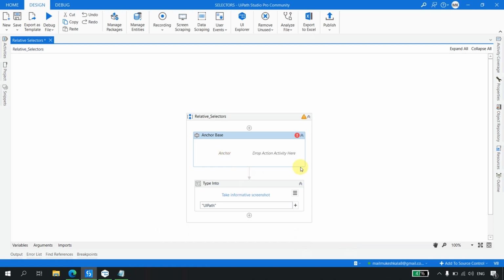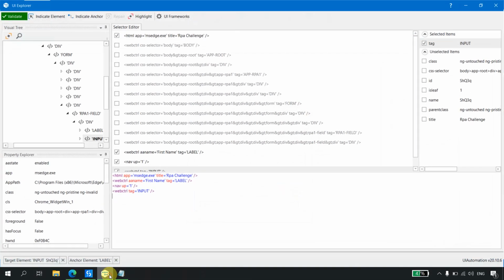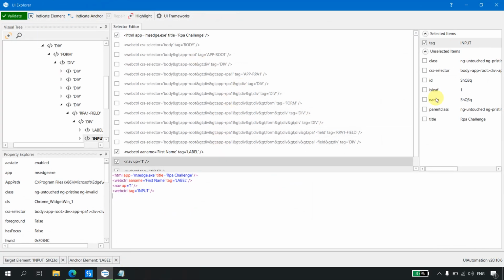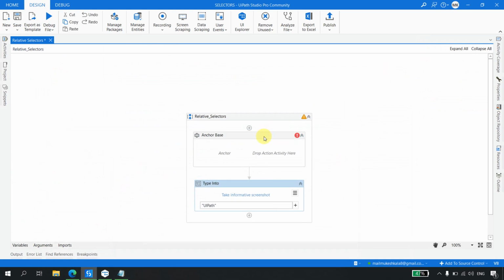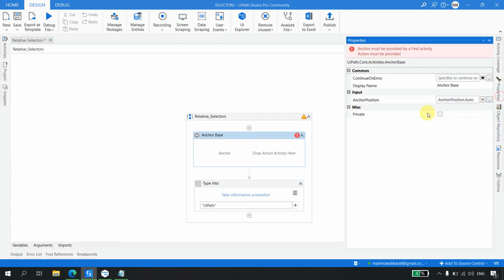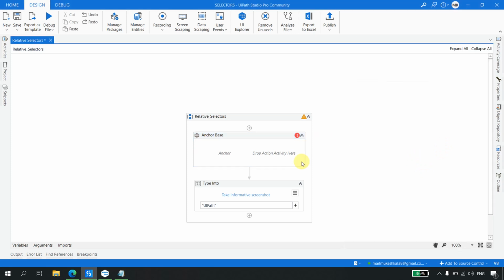Okay, so if you'll see, we have to specify two activities here, and here I have to specify just one single activity, and I got the selector directly from the UI Explorer. Okay, and in anchor base you have other options as well, right? In anchor base you have the option to specify the position of the anchor. Here it is already taken care of by the UI Explorer. So now you can use either one of these as per your requirement.